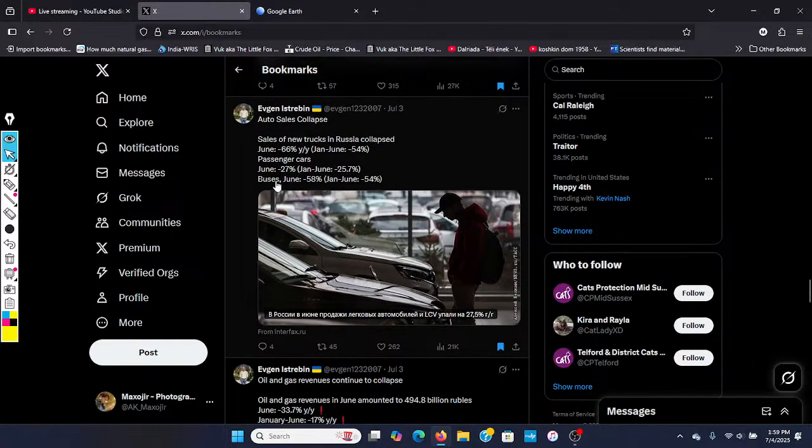Oh yeah, and domestic economy, Russia continues going in fascinating directions. Overall, sales of new trucks for the first half of the year have collapsed by half compared to last year. Sales of passenger cars are down by 25% in the first half of the year compared to last year. Buses are down over half compared to last year, as